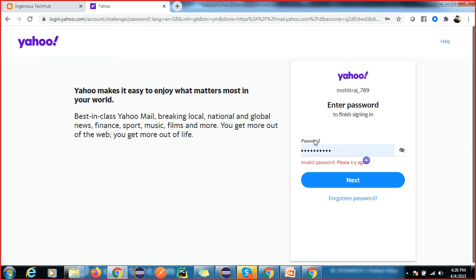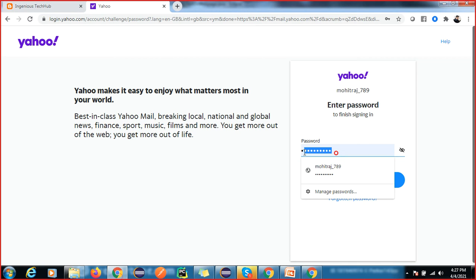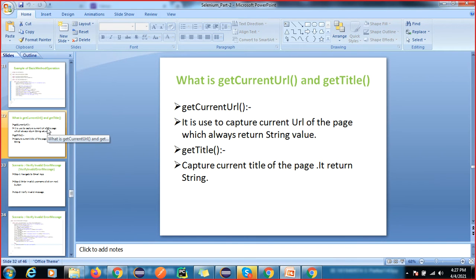In real time, you have a registration form, right? For negative test cases you have 20 validations in one page. So you can do this, and for any step that comes, try to make a reusable method. For verifying text, you have to search here, you have to enter the password, right? So again you have to make a reusable method for this. If any new scenario comes, I will show you how to make this.